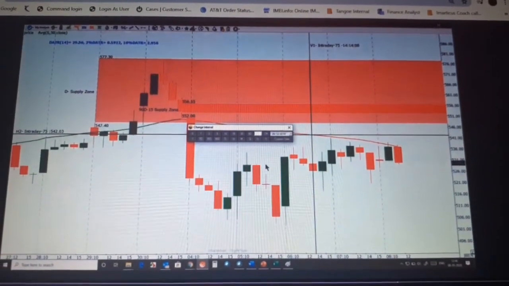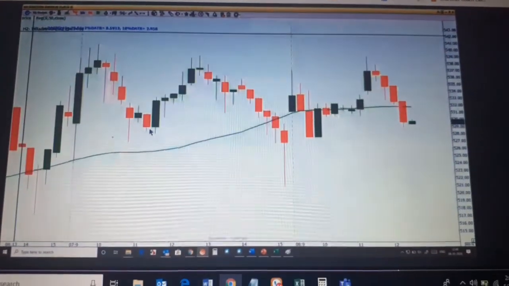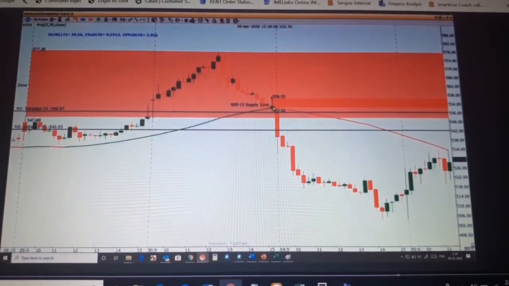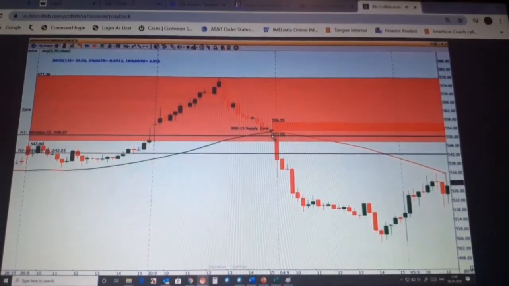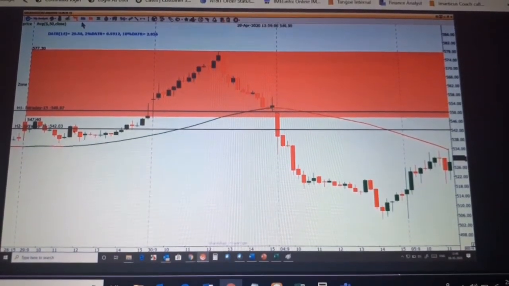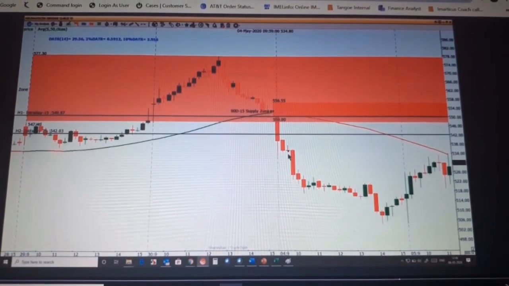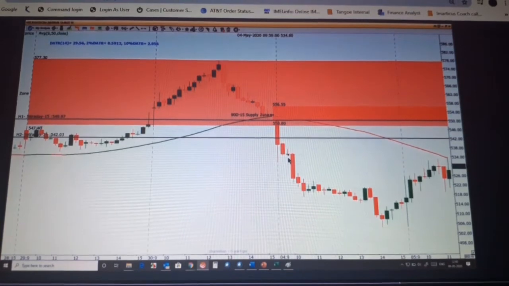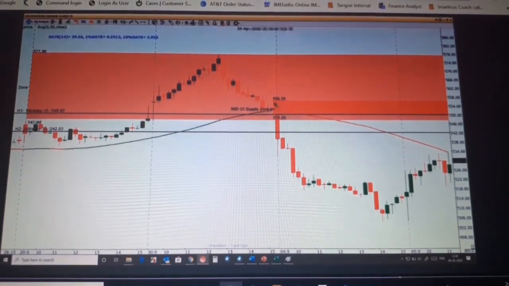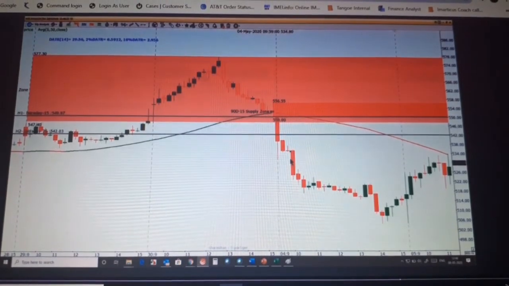Okay. So Madhuri, what's your doubt? On a 15 minutes, your zone is from 552. If you marked it maybe wick to wick, then it could be like this, 550 to 556. 563 is too much up. Don't you see this? This is a good supply zone. Do you mark it wick to wick or wick to body?